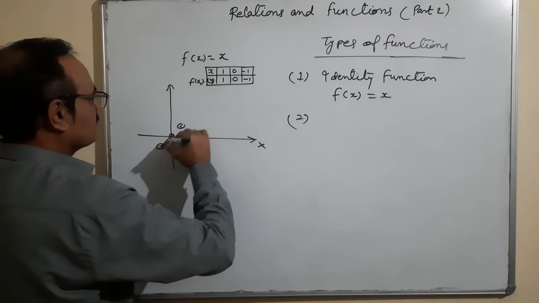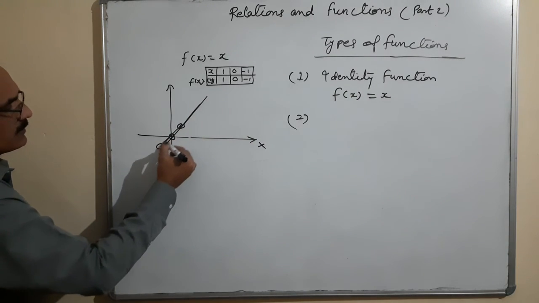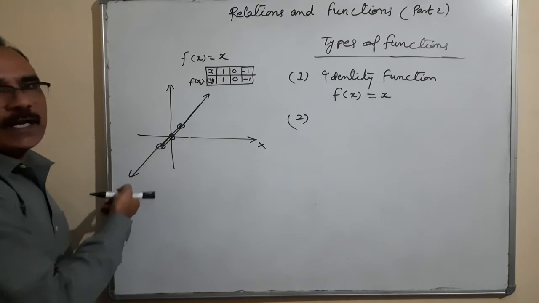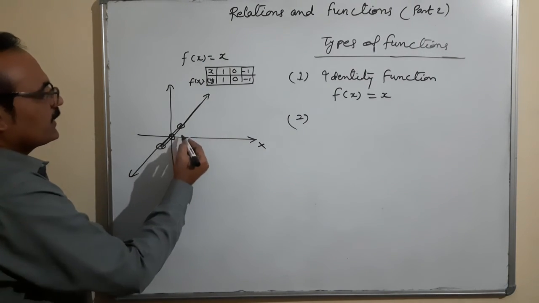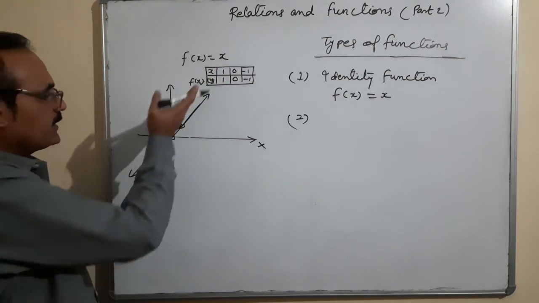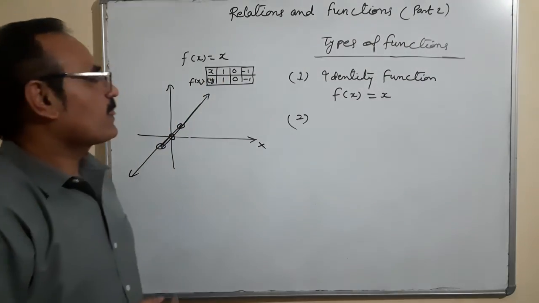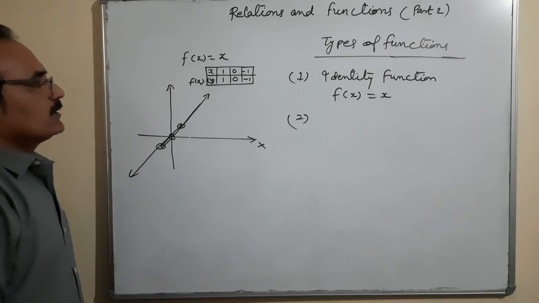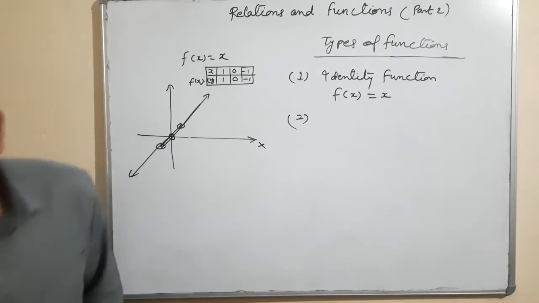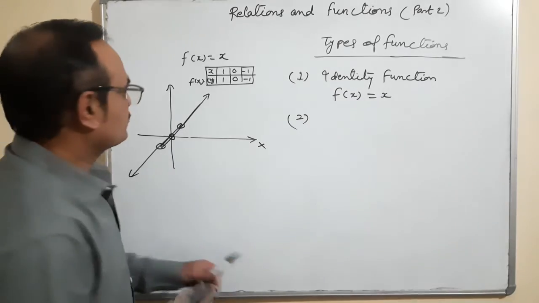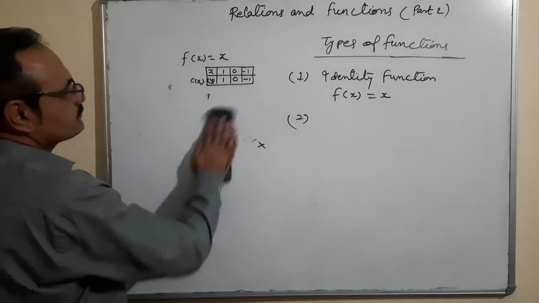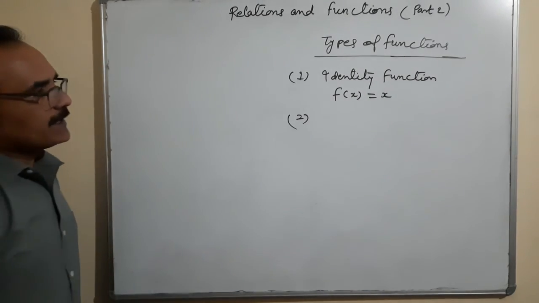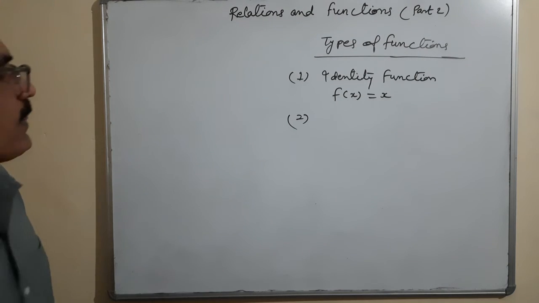And you can see that this is the graph of the identity function. It will go like that from the center, making a 45 degree angle to that side, going up to infinity, and on the back side also it is infinite. This is an example of the identity function. I hope it's clear for everyone. Okay, so now using this table, we can draw the graph of each and every function. So that is one, the identity function. Number 2, constant function.